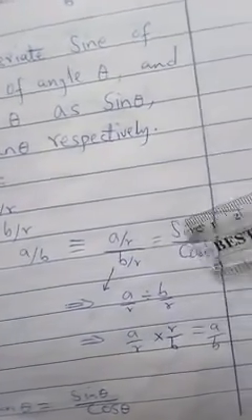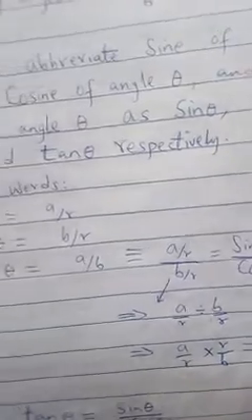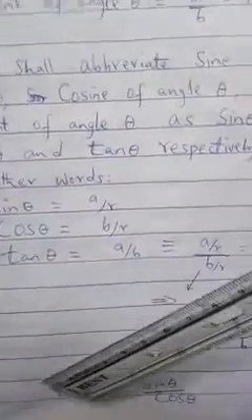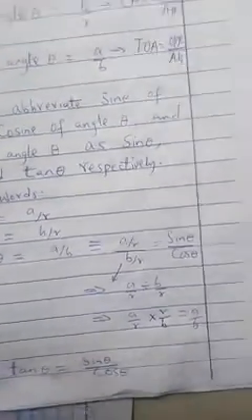So what you have left is A divided by B. Therefore tan theta will give you sin theta divided by cos theta. So that is the general formula